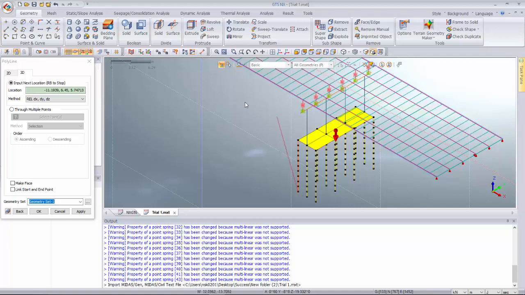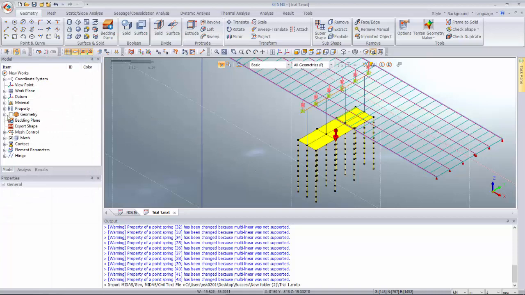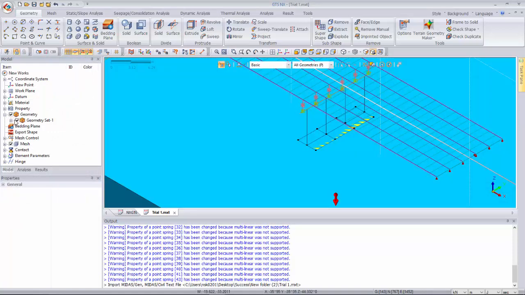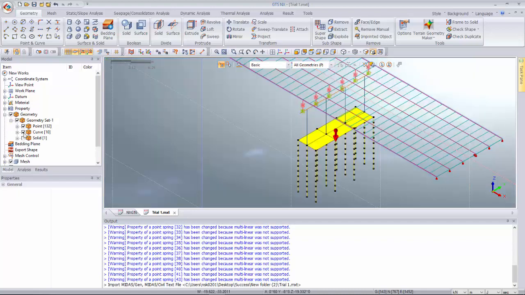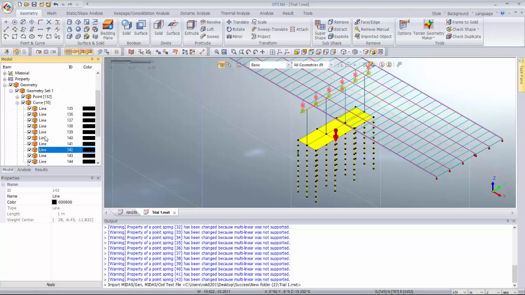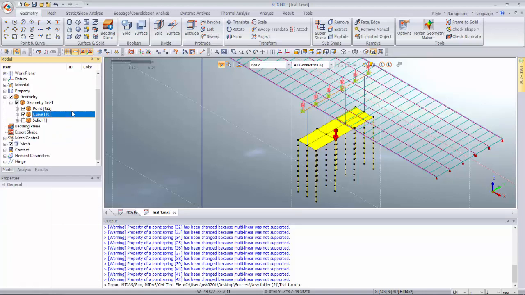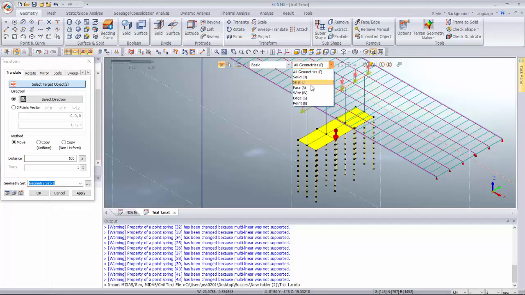So now we have created all this, so you can see that we have created all this line along the pile structure, and let's translate this into all the other pile structure as well, and select all the edges that you just created using this filter, and then select 2 points vector,